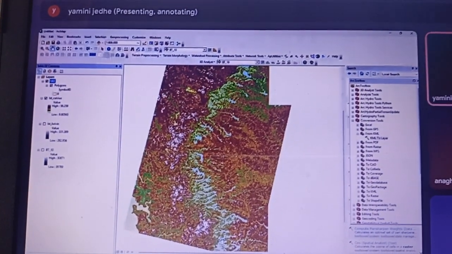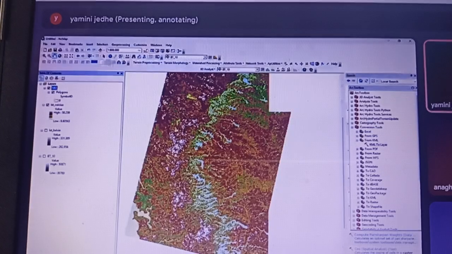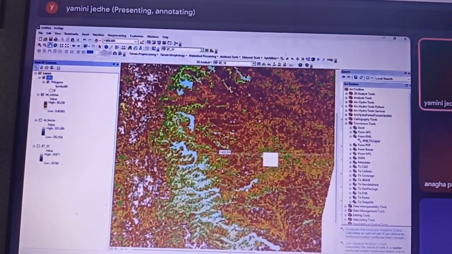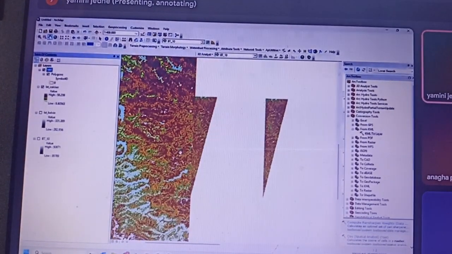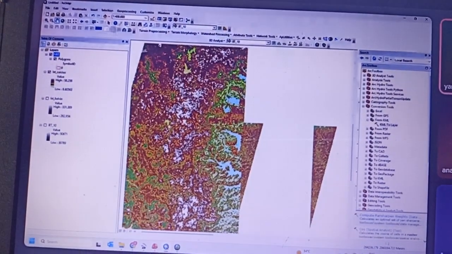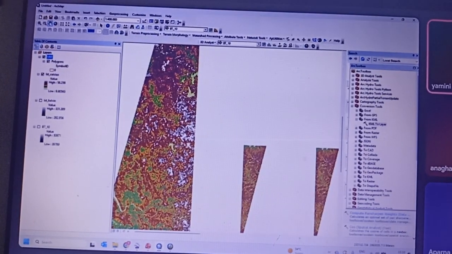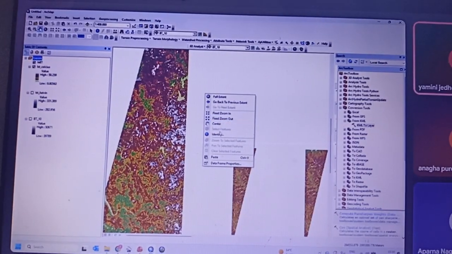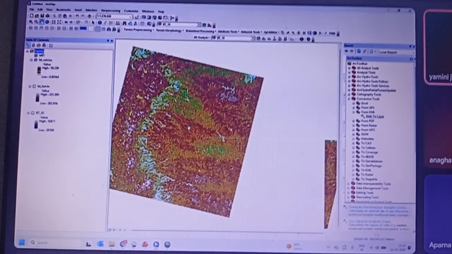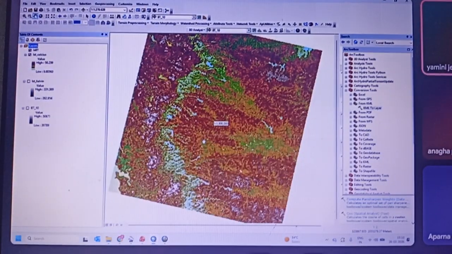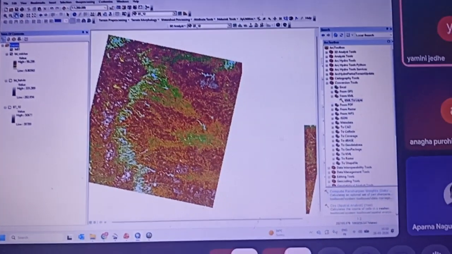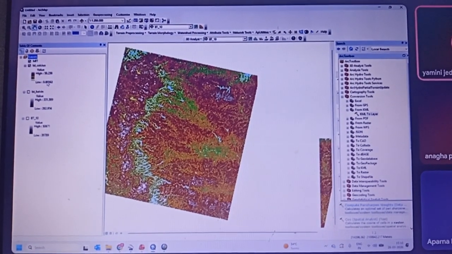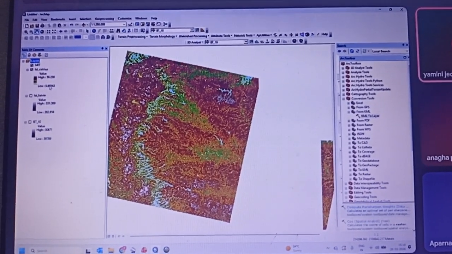As you can see here, the areas where rivers and other water structures are there are light green in color. That means the heat element impact is not there. Whatever vegetation areas are there are also light green or dark green in color, as compared to areas which are covered with structures. So this is how the satellite imagery heat maps are generated. This is the heat map generated for the entire tile of Pune city, where the lowest temperature is 9 degrees Celsius and the highest temperature is 58 degrees Celsius.